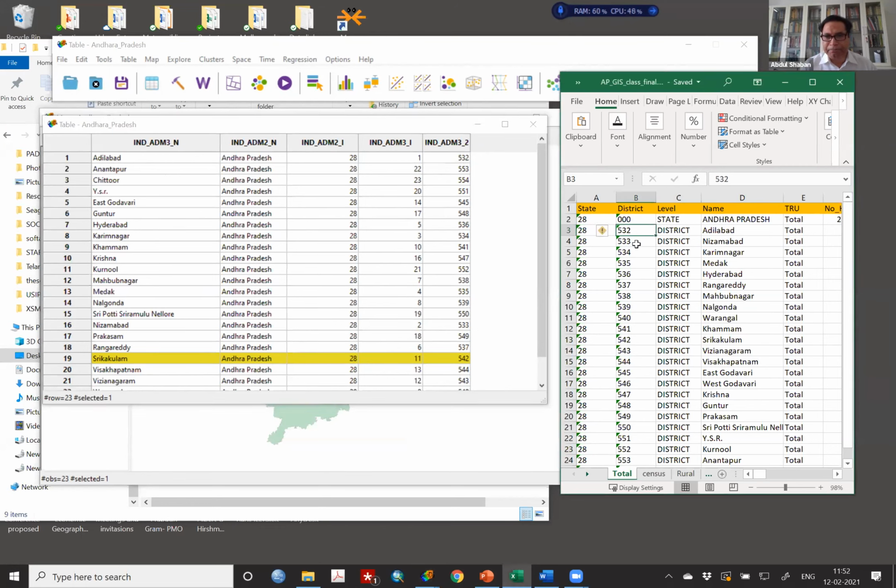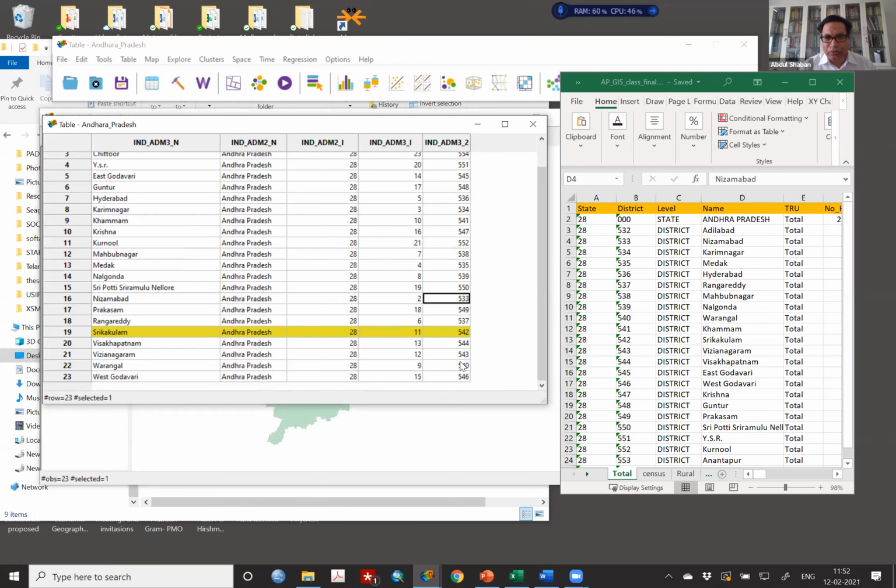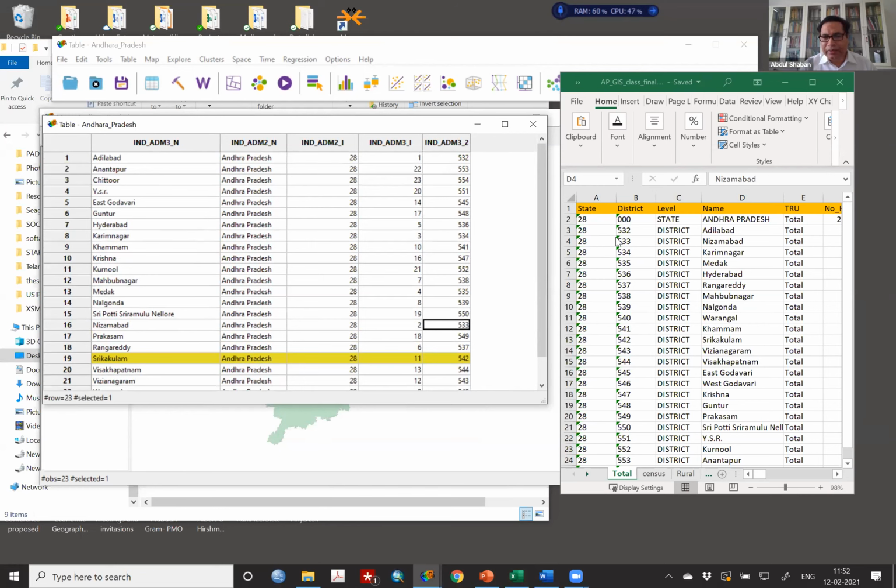532 here. 533 for Nizamabad. Now I look at that, whatever is the Nizamabad, 533. What I was telling you is that this ID, because we took it from the census, this whole file is matching with this. That means this is the key variable.